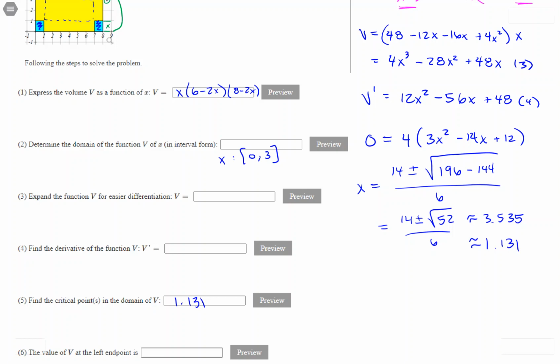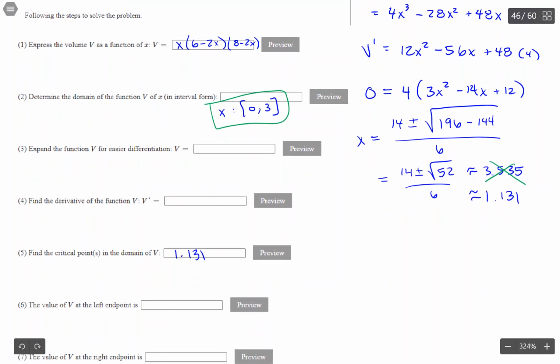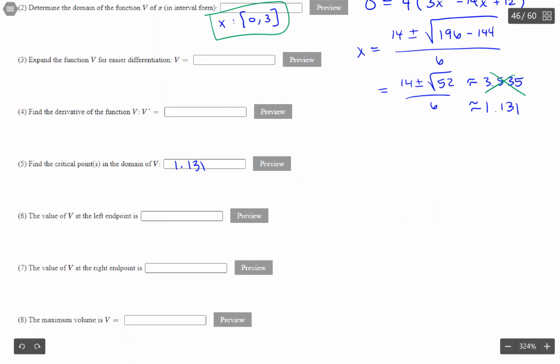Okay, so, oh, yes. So I have put 1.131 in here, but I didn't put 3.535. The reason is my feasible domain tells me that this would result in a negative number for a volume. So that's not a critical number that I'm interested in. So 1.131 I am. The value of v at the left end point,